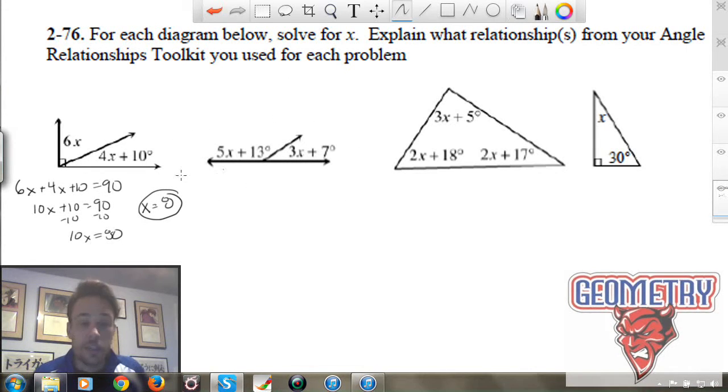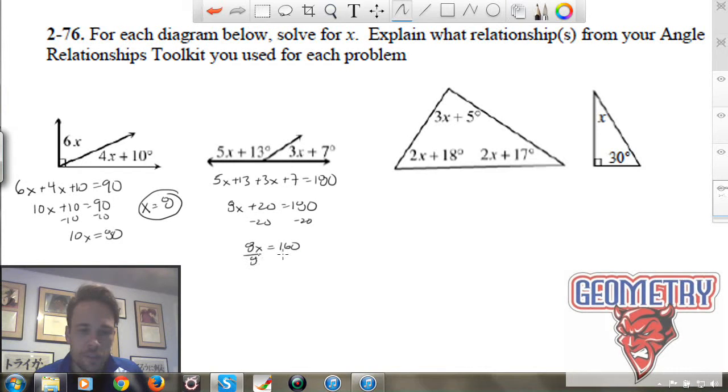This next illustration is of supplementary angles. So complementary adds to 90, supplementary adds to 180. So 5x plus 13 plus 3x plus 7 is going to equal 180 degrees. So we have 8x plus 20 equals 180. Subtracting 20 from both sides, we get 8x equals 160, and then we divide both sides by 8, we get